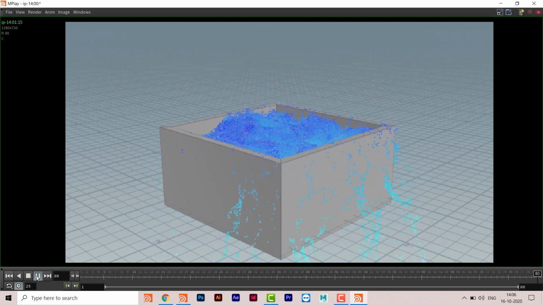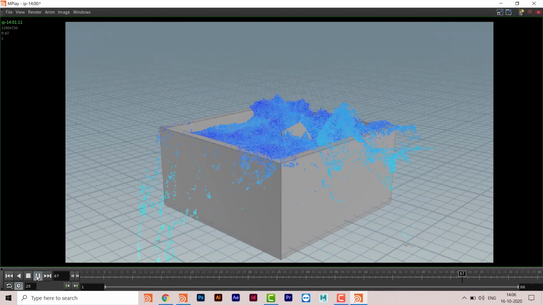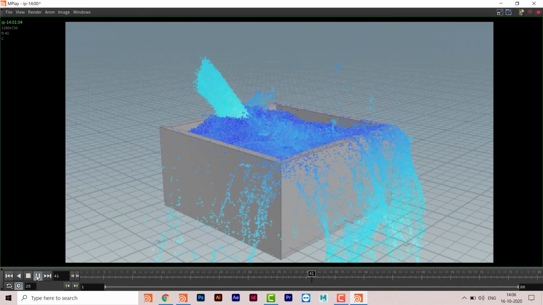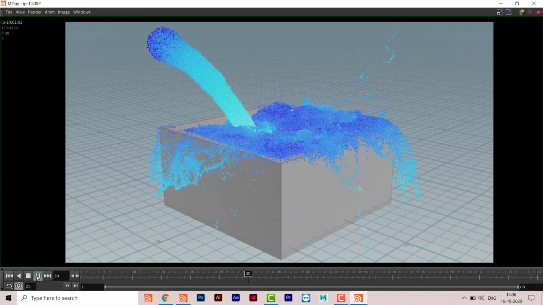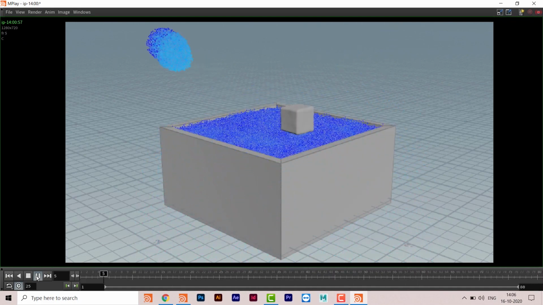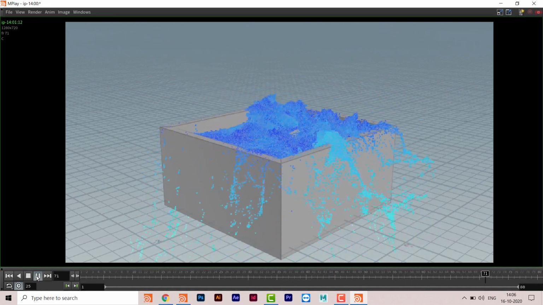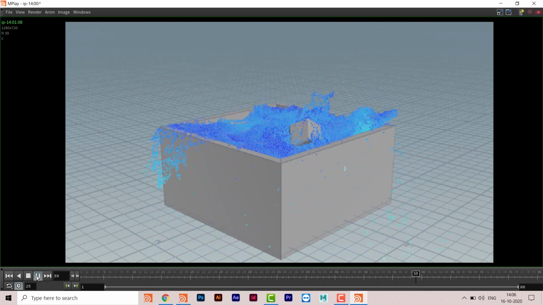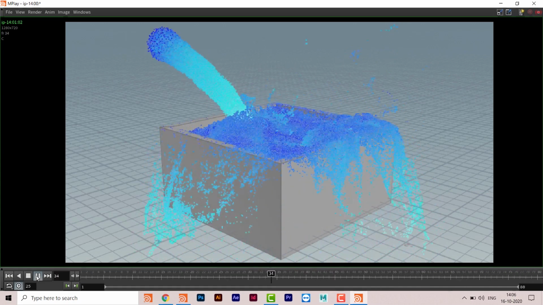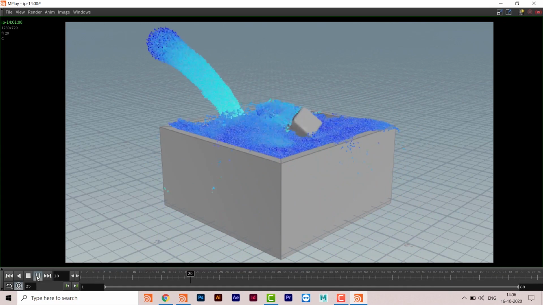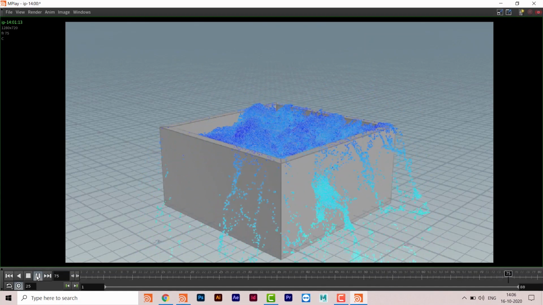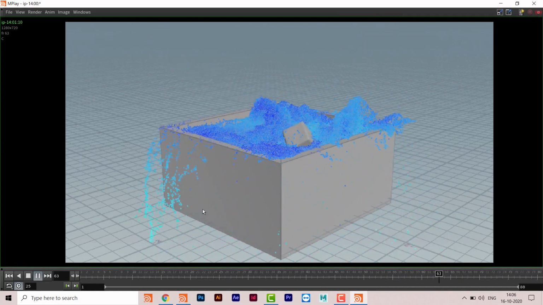This is a water shot, and this idea came from one of my students. He asked whether it is possible for two water sources to collide together, and he also wanted some object floating on the surface of the water. So that's why I created this shot, and I thought, why should I not share it with all of you, so that people who don't know these things can understand, and people who know some part of it can also have a look. Okay, so this is what we are going to create today.